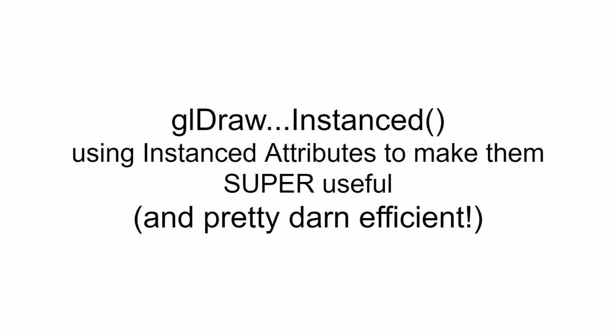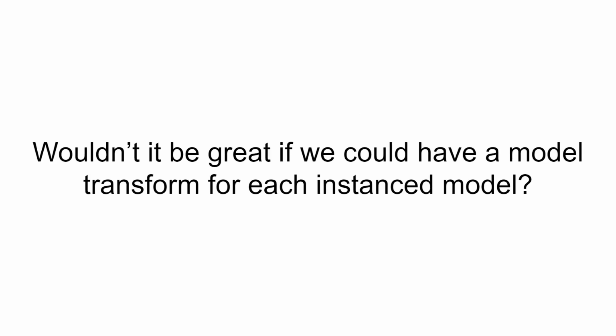Not only are they really useful for doing that, but they're also pretty efficient in how they do it, because you're sending a whole bunch of geometry as a buffer to the graphics card, and the amount of context switching and changing that it needs to do is virtually none to draw potentially lots and lots of things. So wouldn't it be great if we could just have a model and have a model transform for each instance? That's one of the basic ideas. You could certainly get into having different textures, different texture coordinates, or whatever you want, but the transform is one of the obvious ones.